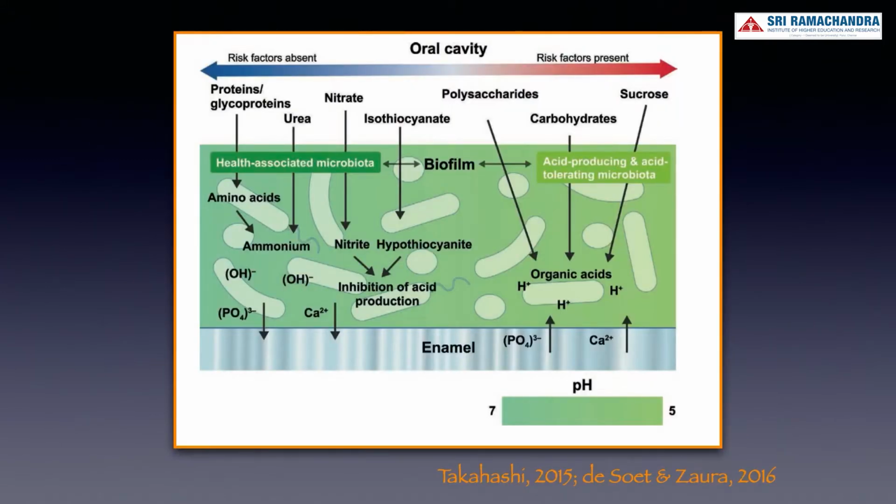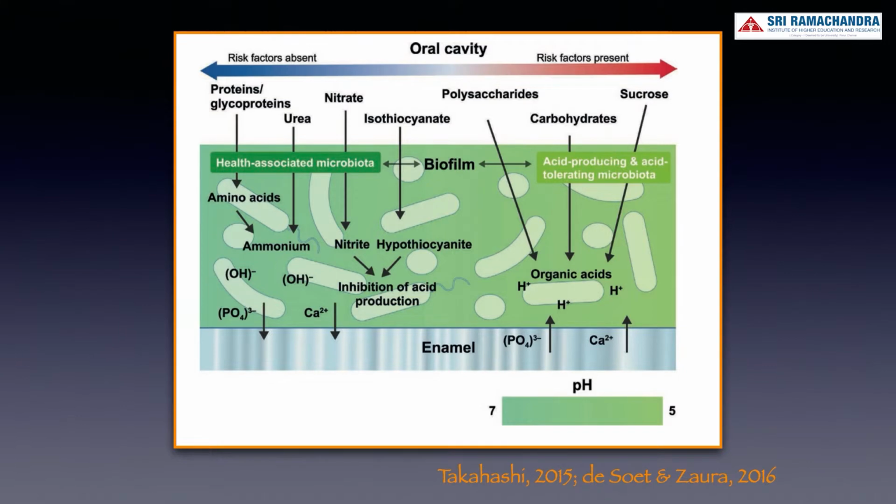There are several models that have been published to describe the pathogenicity of caries. A contemporary model that describes the host microbe interaction is illustrated in this slide. As you can see, in a caries or a disease state, carbohydrates are fermented to organic acids, which will eventually lower down the pH, resulting in demineralization of the tooth surface. Importantly, this drives the selection of acid-producing and acid-tolerating bacteria, eventually leading to dysbiosis.